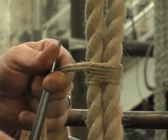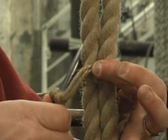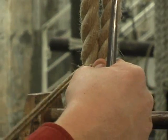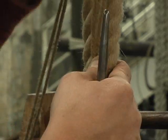This one's doubled up, so if you think of it in terms of pounds per square inch, I've got to really focus on holding that tension on the seizing while I'm passing the twine around. And I also didn't make my skein, but this line,